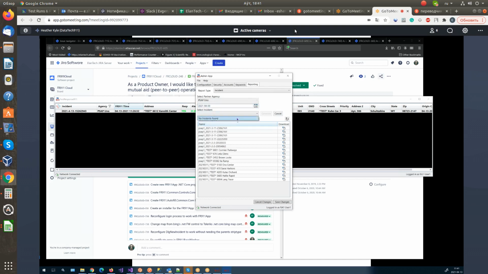And then pick an incident in the drop-down list. If I pick a day where there are no incidents, you'll get that no incidents found list. If there are, you pick by address. Of course, I'm not going to be able to find a date now. Okay, there we go. If there are incidents available for that date, you pick them based on the address. Hit generate. I'm honestly not sure if that function is running right now. Hit generate, and when it comes back,